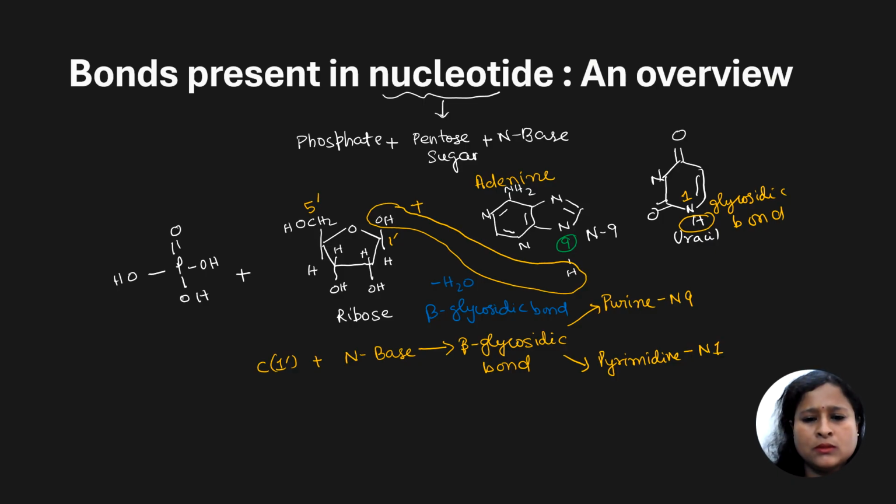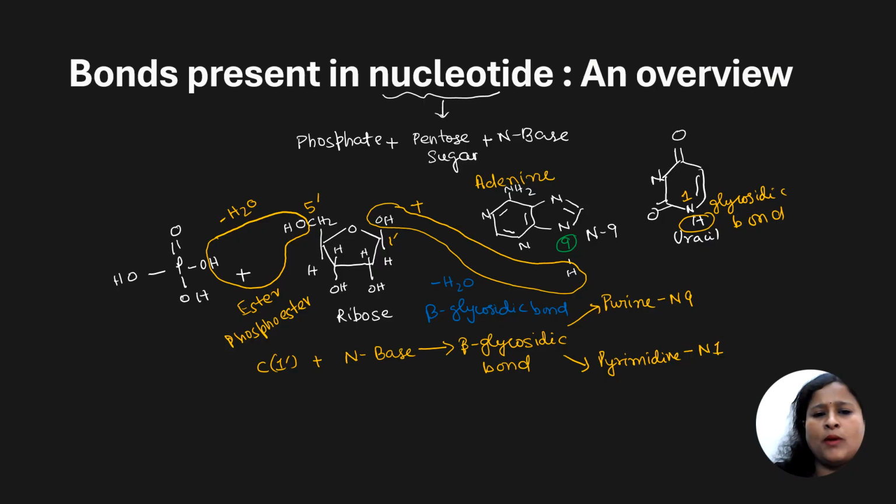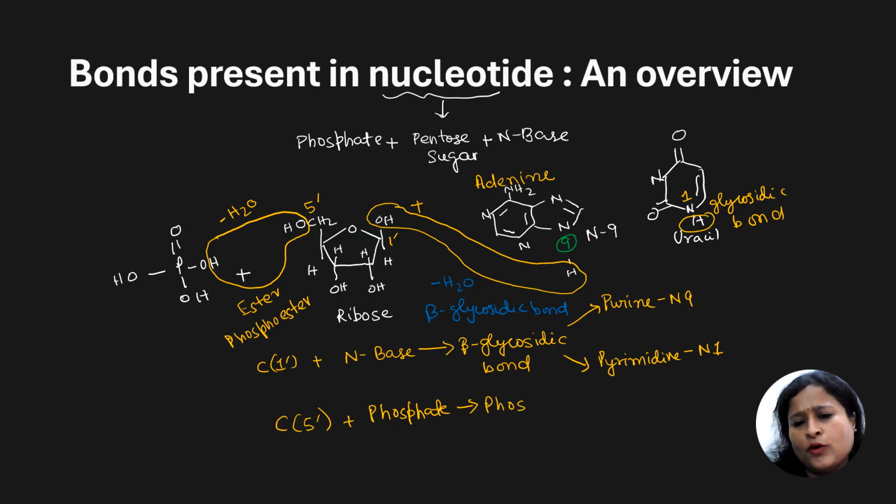So now this will lose a proton, OH from the ribose sugar, loss of one water molecule, and what is the type of bond formed? Ester bond in common and phosphoester in specific. So where is phosphoester bond formed? The 5' carbon atom reacts with the phosphate group